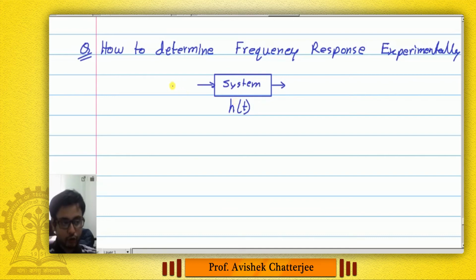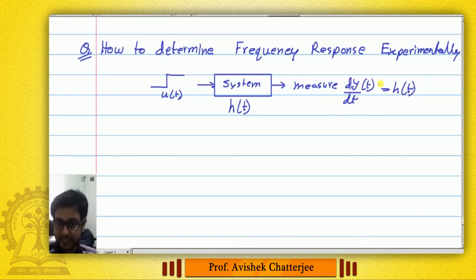You may think of giving a delta signal as the input and measuring the output. That output signal will be the same as h(t) by definition. However, ideally we cannot produce a delta(t) impulse signal. Therefore, alternatively, we give an idea that you give u(t) as the input and then measure the output y(t) and then calculate the time derivative of this output. That will be the same as h(t). We studied this before.